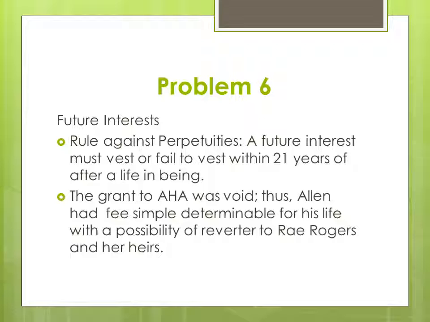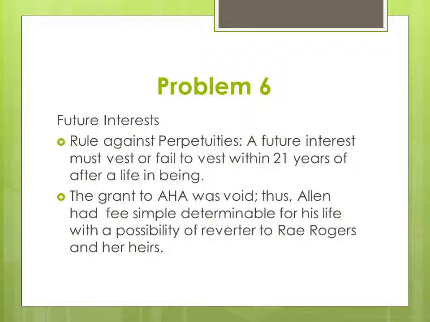But it would not vest or possibly vest within 21 years after their life, because we have no idea of when their life would end. So it either has to vest or fail to vest within 21 years after lives in being. So the idea is that this grant to the American Heart Association was void because it was against the rule against perpetuities. Thus, Allen had a fee simple determinable for his life with the possibility of reverter to Ray Rogers